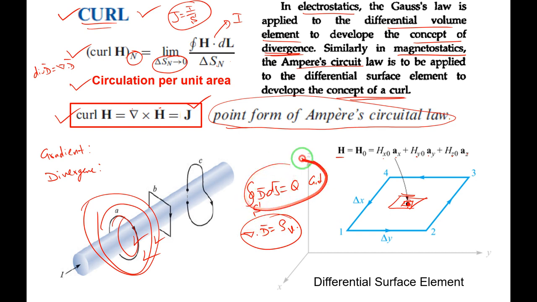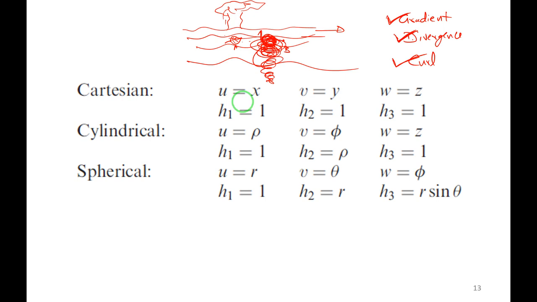We have seen this with respect to divergence, right? Here we call it curl with respect to magnetic field intensity. Please keep in mind, curl is always applied for quantities which have rotational effect. Suppose the quantity has a rotational effect, the curl of H is not 0, it will get some value. If it does not have any rotational effect, the curl of H is 0, it vanishes. Okay, I hope you understood this.